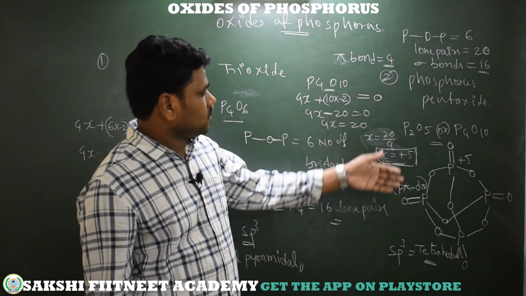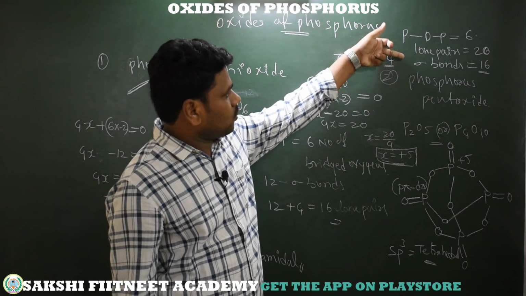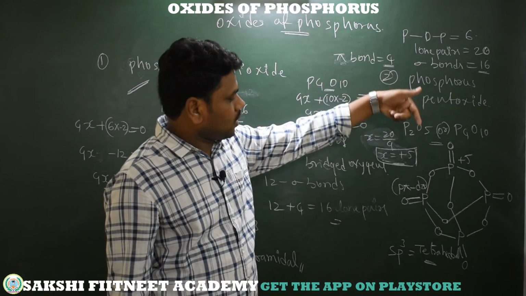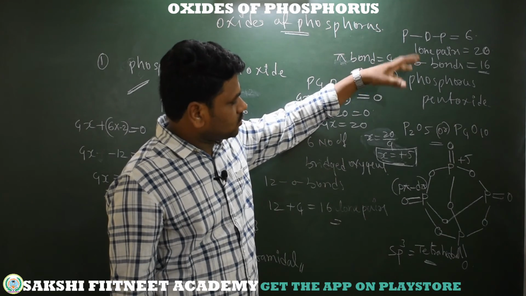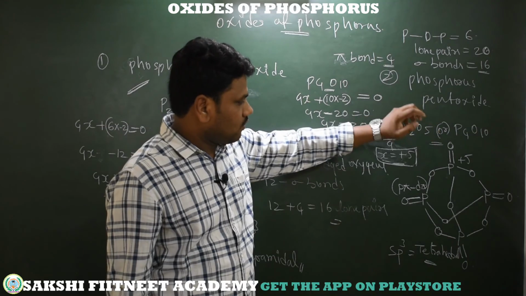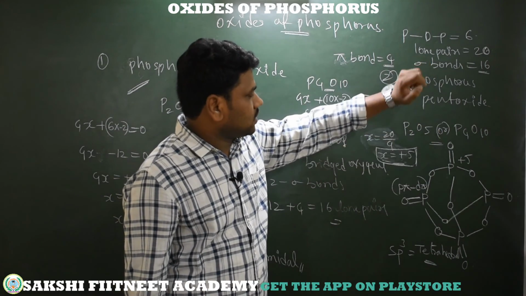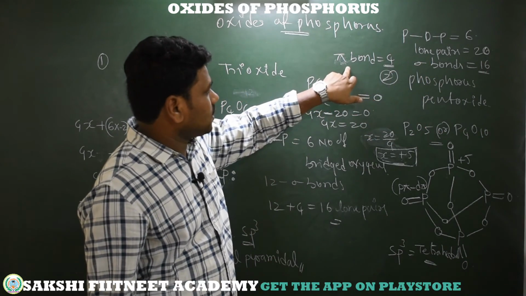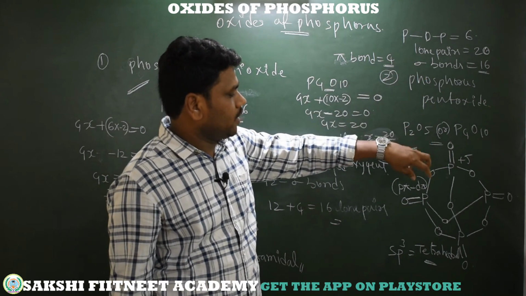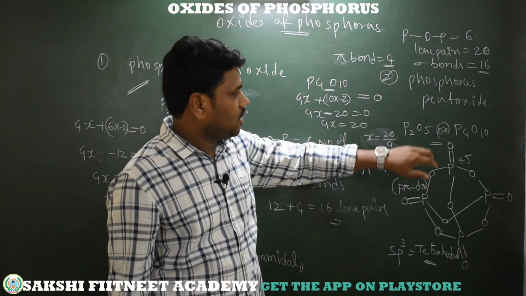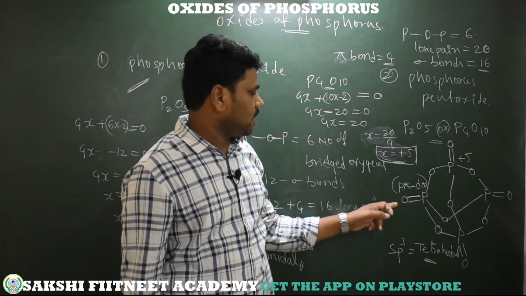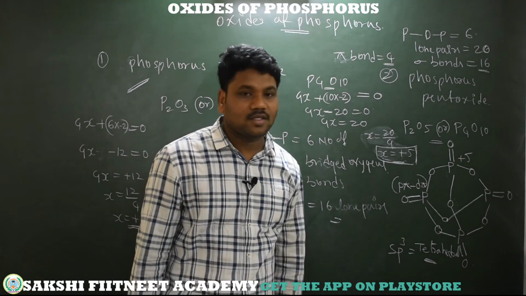Now coming to total sigma bonds, here see total sigma bonds are 16, each phosphorus giving 4 sigma bonds. So total 4 phosphorus atoms are there. When you calculate the 4 phosphorus atoms' sigma bonds, then we can cover all the sigma bonds. Total 16 are there, and how many pi bonds are there? 4 pi bonds are there. Total lone pairs, here we have lone pairs only on oxygen atoms. Here 10 oxygens are there, so total 20 lone pairs, and oxidation state is plus 5 in this phosphorus pentoxide.